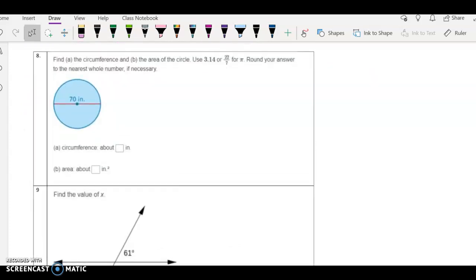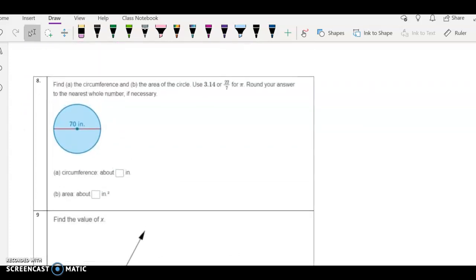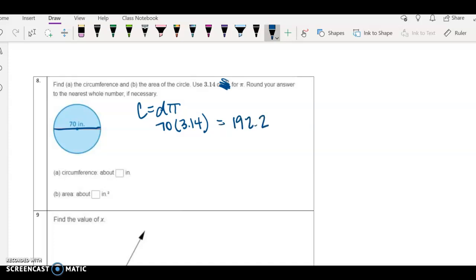All right, for number 9, the circumference and the area. So we have circumference equals diameter times pi, and the diameter is all the way across, so that's 70. So we have 70 times 3.14. Just ignore this fraction, there's no need. We're going to use 3.14. And we get 192.2